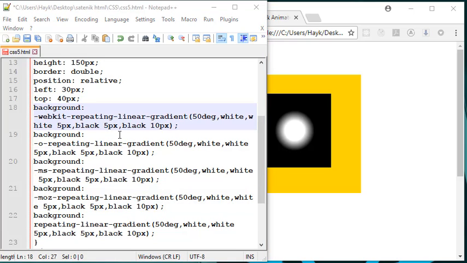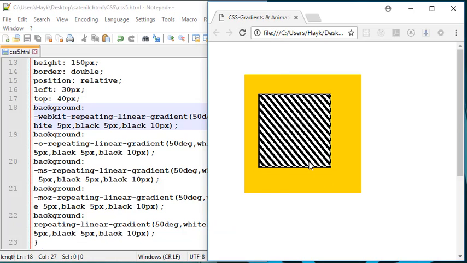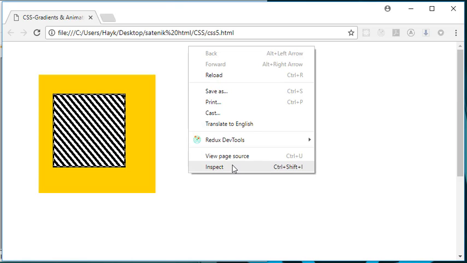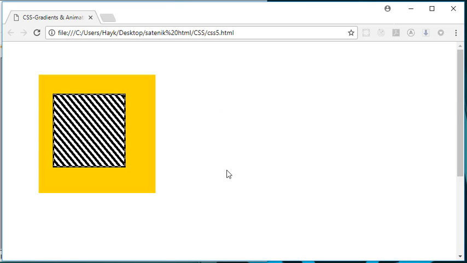And here we go, we now have all of our values, and let's save and refresh. And as you can see, we now have this box, so our div, with stripes, so they're black and white, and we can change the colors to anything that we'd like. I'm just using black and white so it will be easier for you to see and understand. So let's also use the inspect elements on our repeating linear gradient,